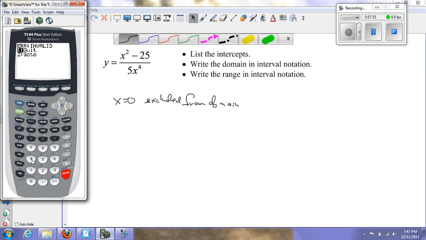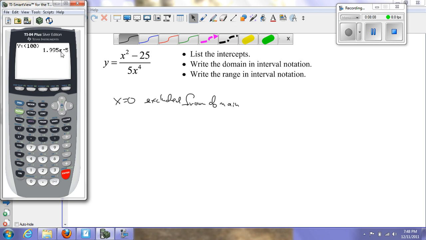Oops. It told me I didn't like it. Why not? I want to evaluate my function. Well, I'll do it a different way. I will go alpha f4 y1. So that's my function, and I'm going to evaluate it for x is equal to 100. I'm going to close my parentheses. And I can see that, again, I have a very, very, very small y value, but it has not reached